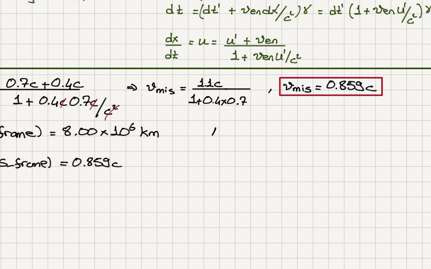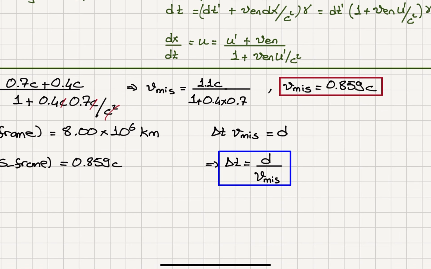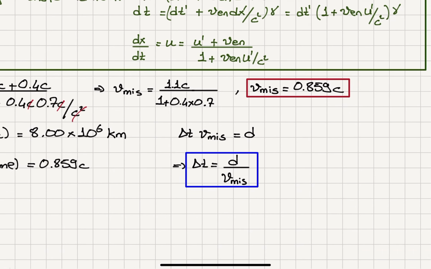The time it takes to reach the starfighter multiplied by the speed of the missile is the total distance traveled, d, and these are all in the S reference frame. So I can see that delta t will be equal to d divided by v missile. So this is what it should be. Now if I plug in the numbers, I will see delta t is equal to,